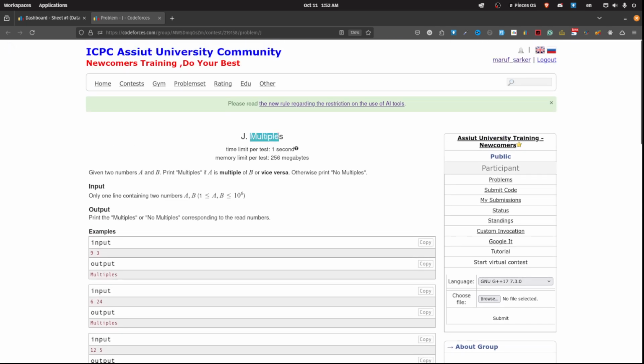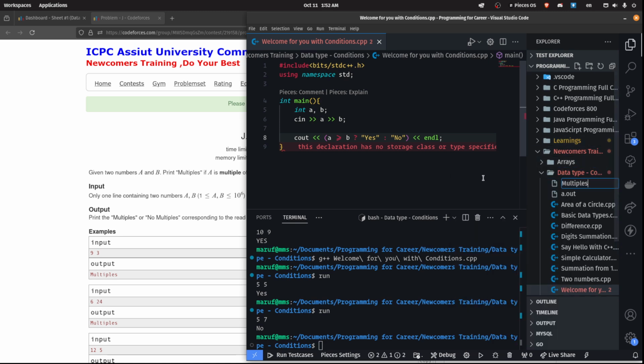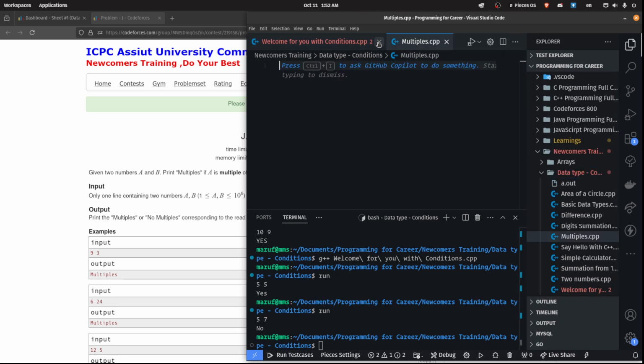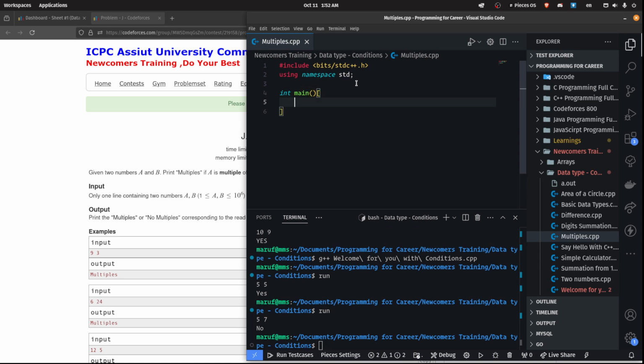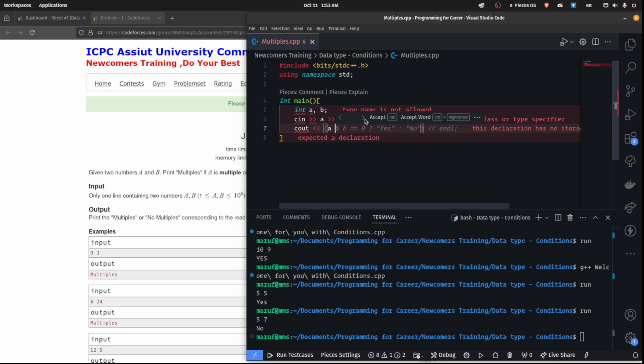So let's do it. Copy the file name. So copy, paste dot cpp. Okay, so include bits slash stdc plus plus dot h, using namespace std, integer main. Okay, so take the input A and B from the user, then right shift AB. Okay, done. So now write a condition: cout if A